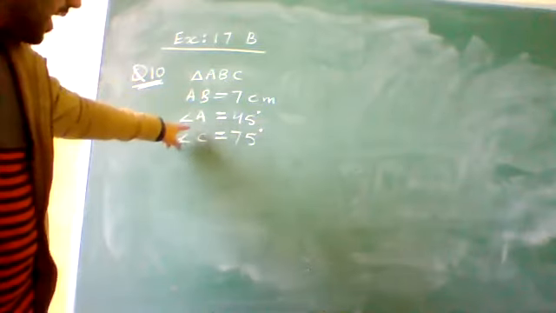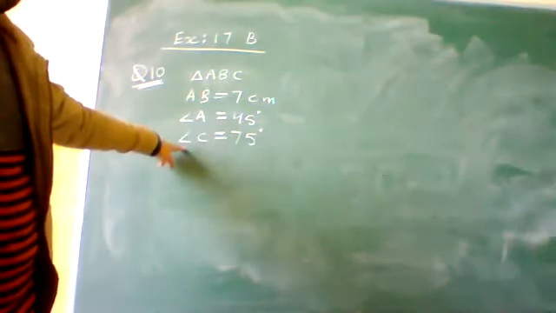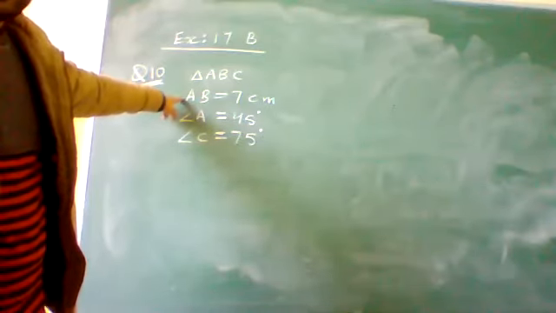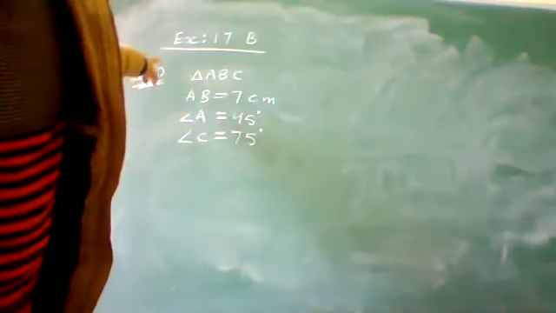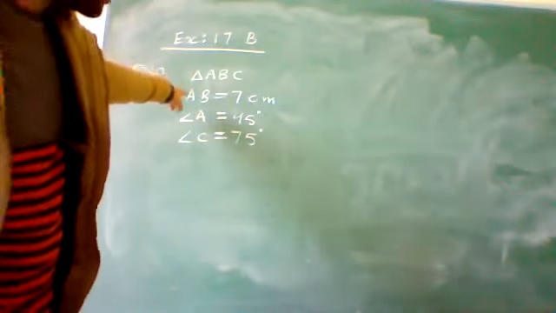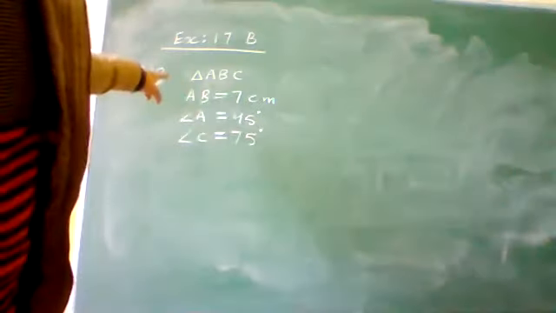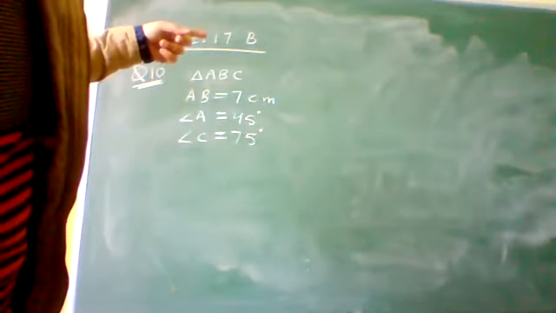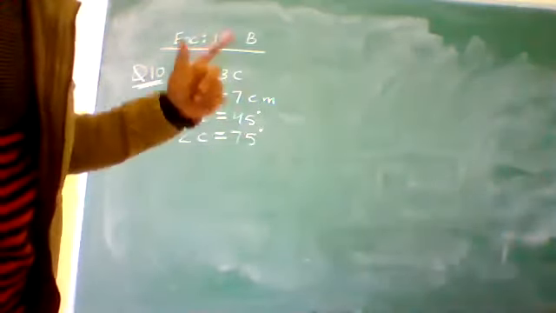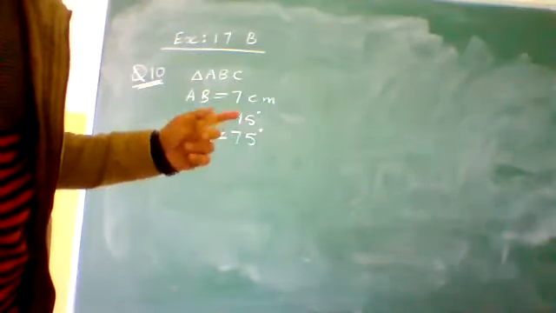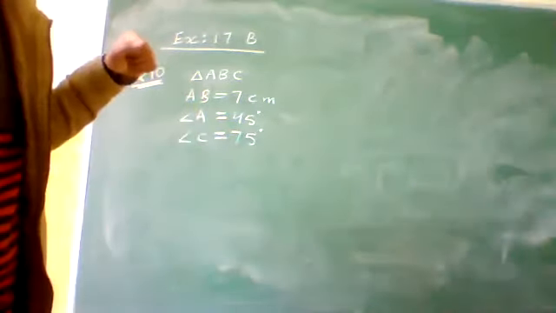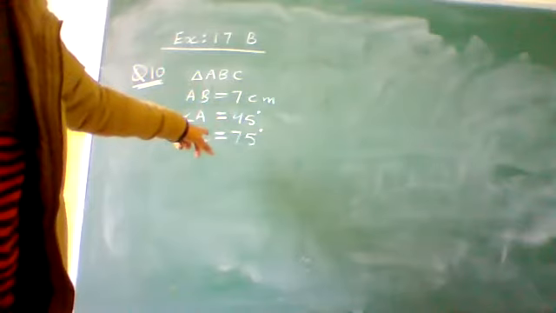यहाँ पर आपको एंगल A and एंगल C दिया है. The side which is given is AB. तो AB के साथ वाले एंगल्स आपको गिवन होने चाहिए. AB के साथ के कौन से एंगल्स होंगे? एंगल A and angle B. These angles should be given, but here angle B is not given. So this is a problem in this case.